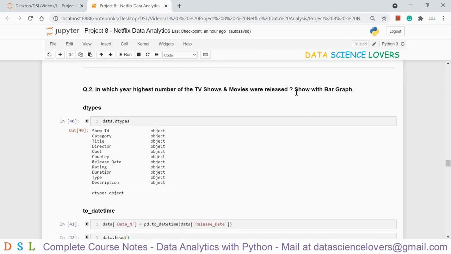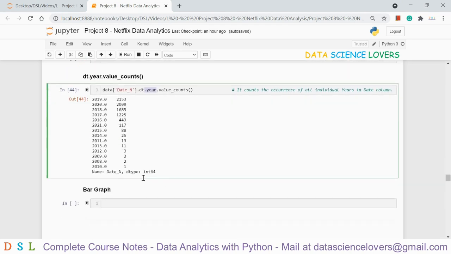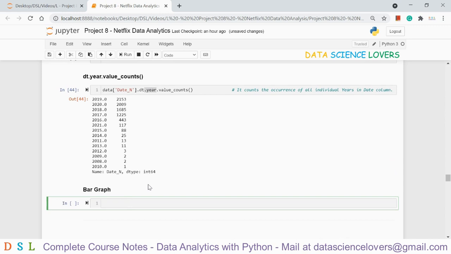Now the second part of this question, we have to show it with the bar graph. So the syntax again will be, as we have to consider our new column again, date n, and we have to consider only the year, so I will write dt dot year. Again I will use the value counts function. This syntax is same as this, and after this I will draw a plot, kind equal to,